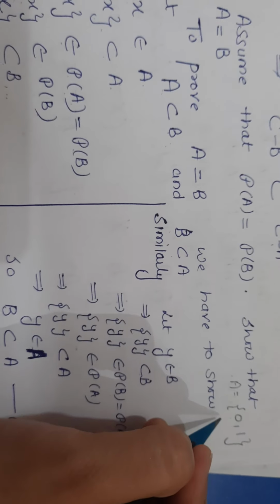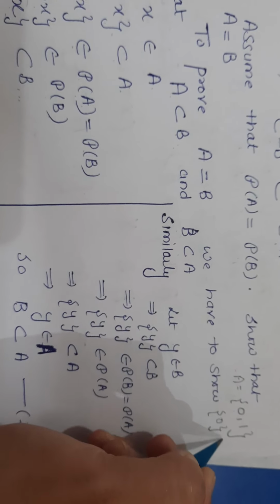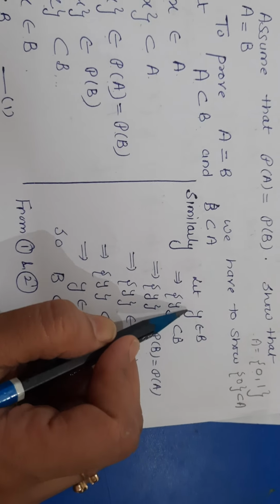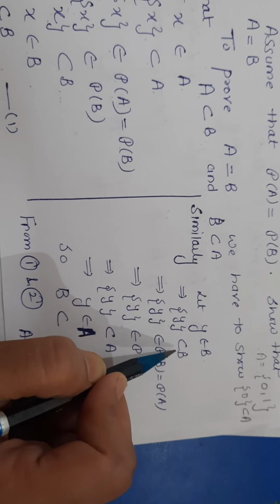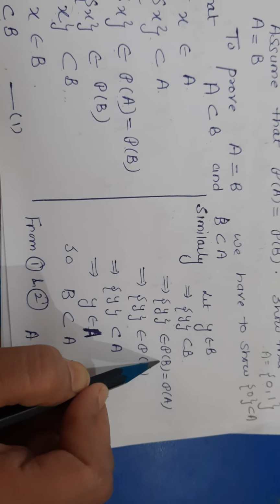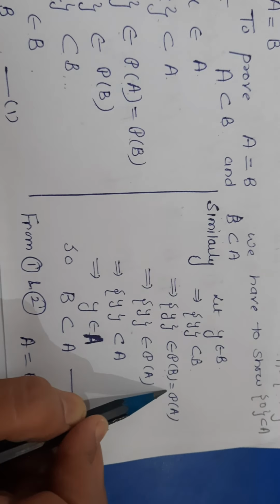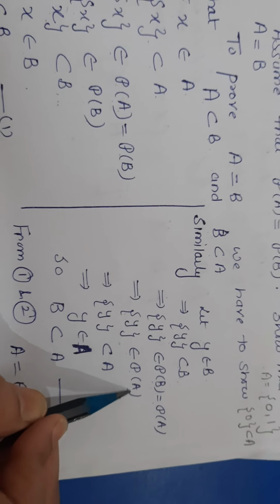Now x belongs to A, but when you apply bracket on 0, now it becomes subset of A. So this concept we are using here. Y belongs to B. So now we are applying bracket. This is a set. This is a subset of B. If it is a subset of B, that means it belongs to power set of B. Further, this is given to be equal to power set of A. That means now this belongs to power set of A.